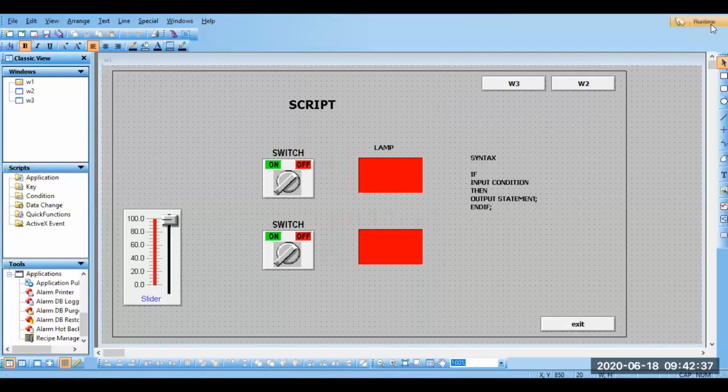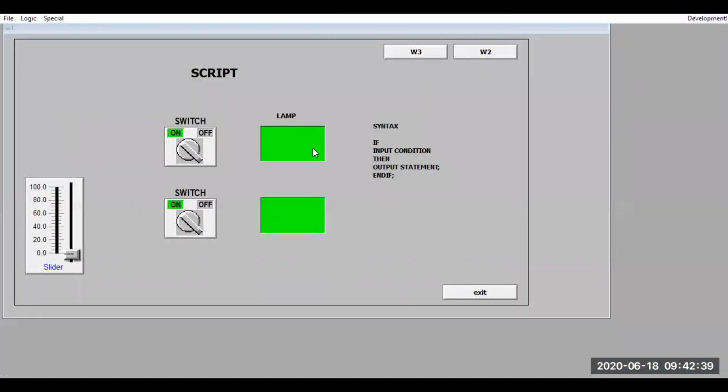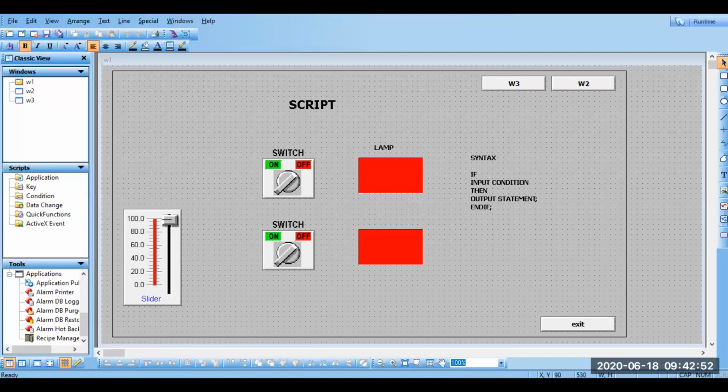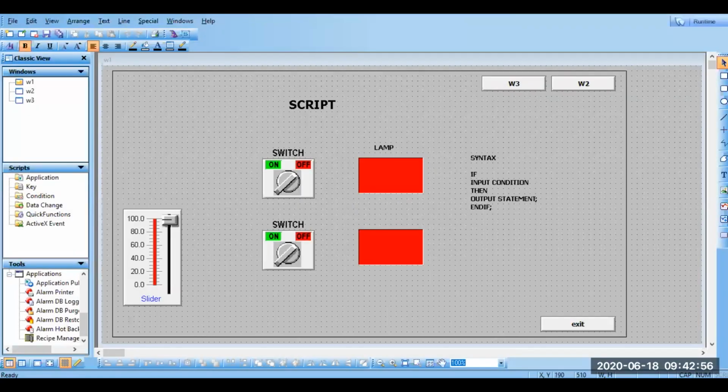Go for the runtime; still it is on. Why? This runtime window, whatever update you are doing, you need to close this runtime window and start from the beginning. So I'll close this. Close runtime and start the runtime from the beginning.